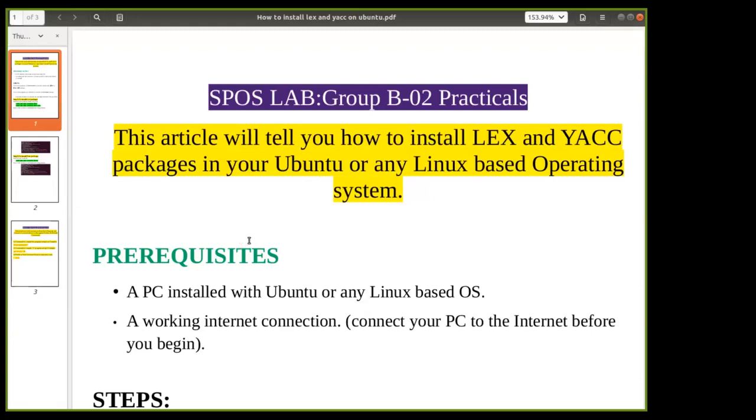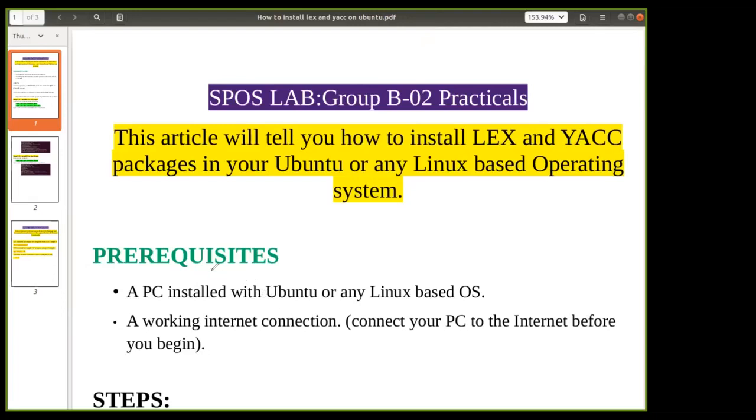So today we are going to discuss the second practical from group B. Already, in the first practical last time, we discussed and I shared each detail with you. Now today we'll discuss one more practical from group B, and once again I will recap what you need to install in order to implement the practicals of group B,